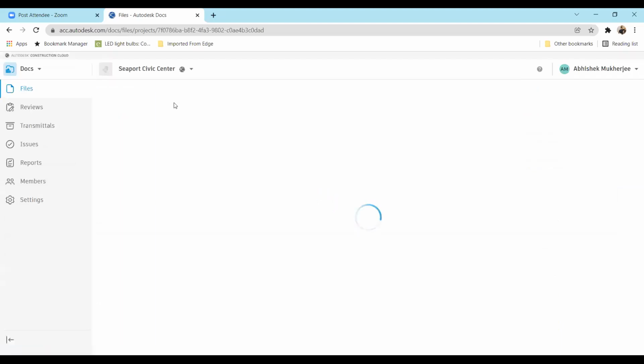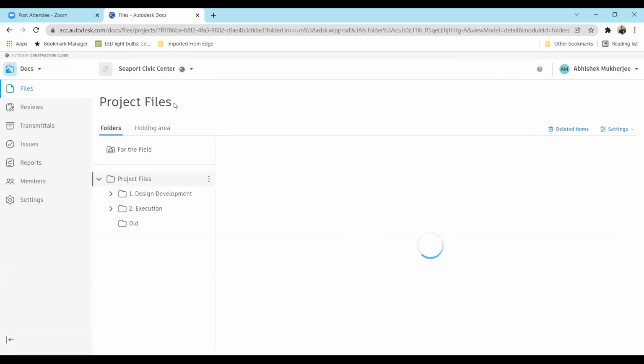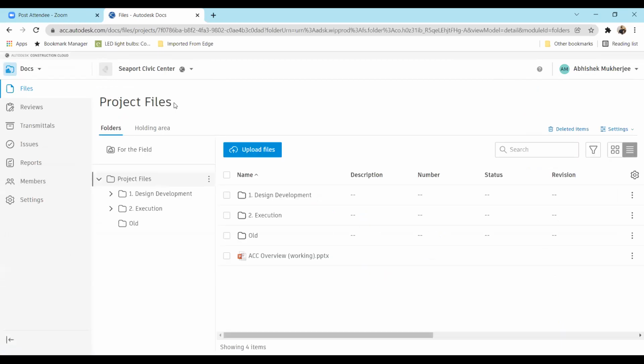So project creation is something for an account admin. An account admin is the administrator of that account. They will be creating the project and then handing it over to the project admin. Now the project admin will create all the folders, subfolders, give the permission to various people. And from then onwards, we'll start with uploading the files and then giving permissions and all. So all of these are part of project admin.